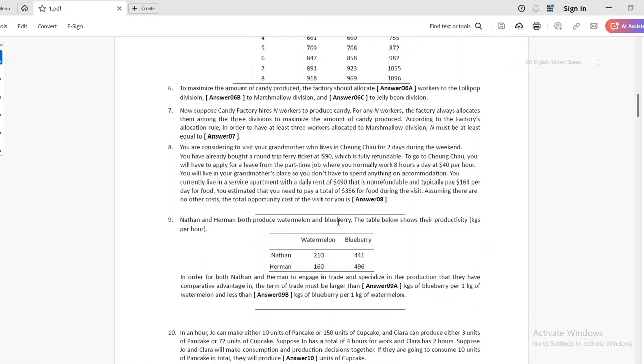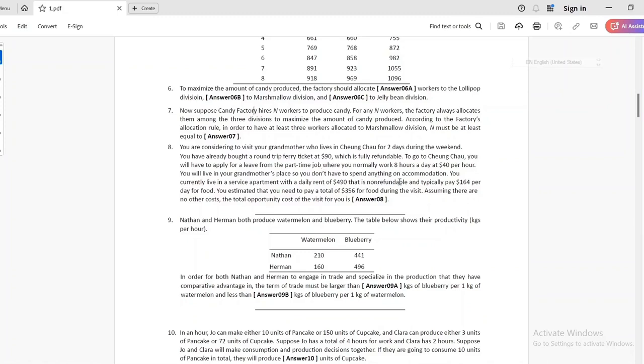Now let's move on to the next question. You are considering to visit your grandmother for 2 days. You have already bought a round ferry ticket, $90, which is fully refundable. So please note, ticket is refundable. And you'll have to apply for a leave from the part-time job, from where you can earn $40 per hour when you work 8 hours a day,